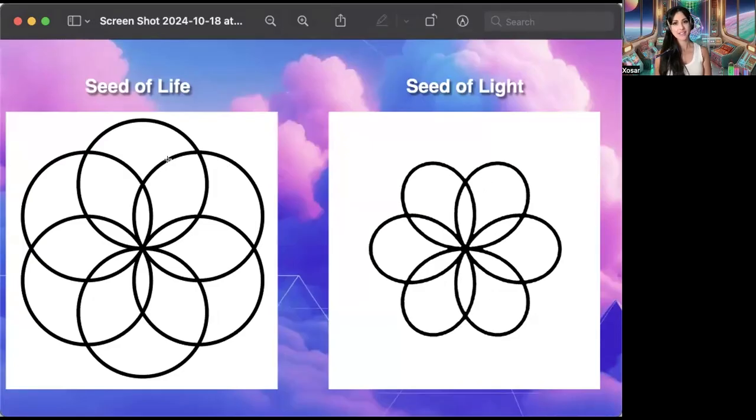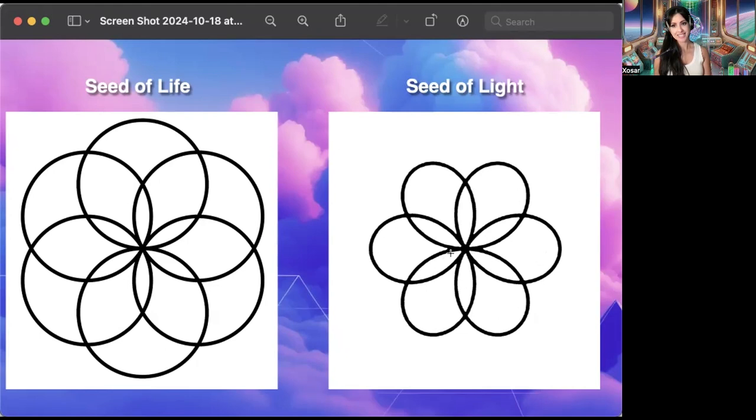Alrighty, so the seed of light expands upon the foundations laid by the seed of life. So we have the seed of life, which consists of 6 overlapping circles, and we have the seed of light, which is formed by interwoven lines that generate unbroken cyclical patterns of flow movement, creating a self-sustaining rotational dynamic. So the path of movement in the seed of light transitions in this manner,